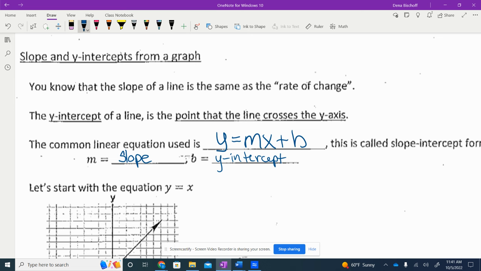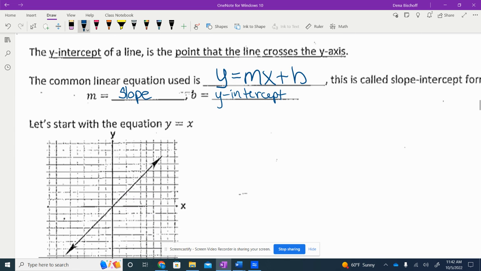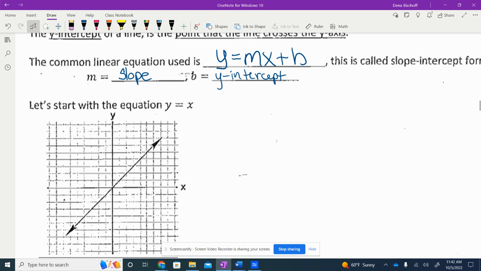Now, we learned yesterday that the intercept is where the graph crosses the y-axis. We know how to count slope like in our sleep, so we're just going to move on. So this first graph is the graph of the equation y equals x. Now I'm going to rewrite this just a little bit so you can see it in terms of slope and y-intercept. This is also the equation y equals 1 times x plus 0. And I want to talk to you about what that means. That means that my slope